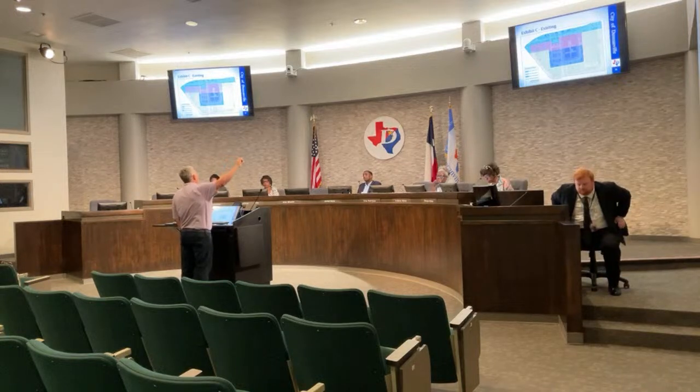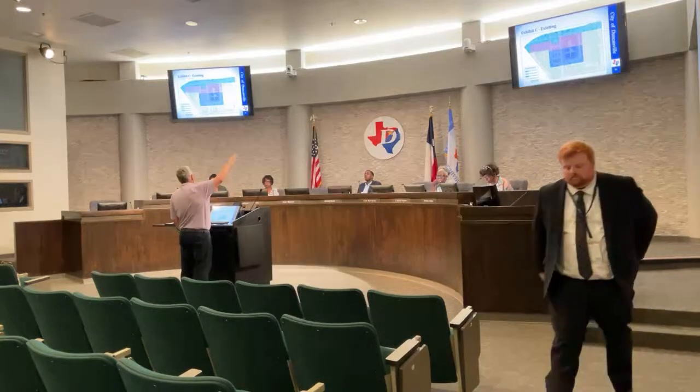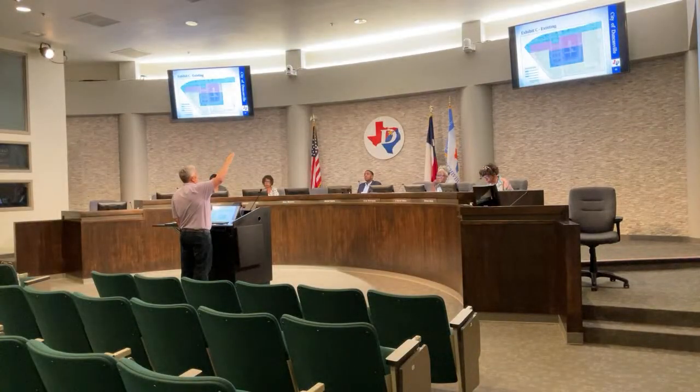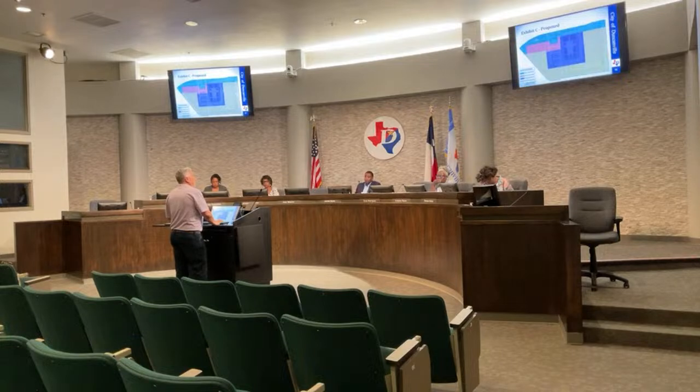I can build 3 stories up there, all the way across, up to 40 feet. So what I'm doing is changing the part we're going to build down to 2 stories.